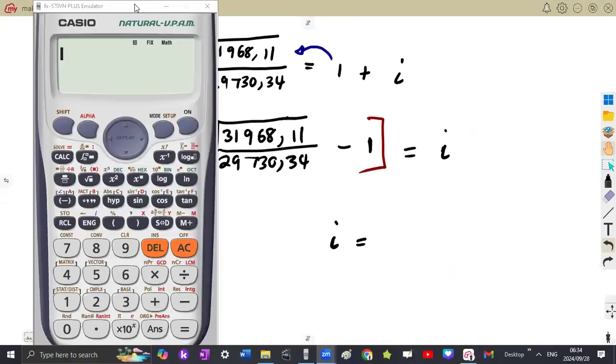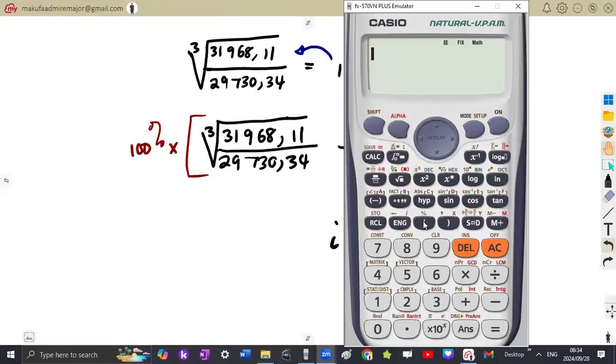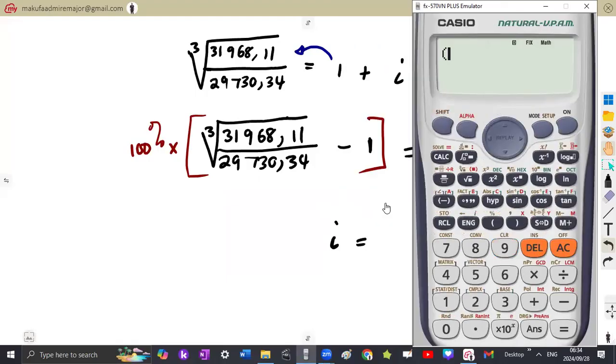So there, just open a bracket. All right, insert these values first, the cube root. As you can see, the cube root is there, this one. So it's going to be shift, it gives you the cube root. Shift, then you press the square root. Then let's have a fraction. 31968.11. Okay, let's divide this by